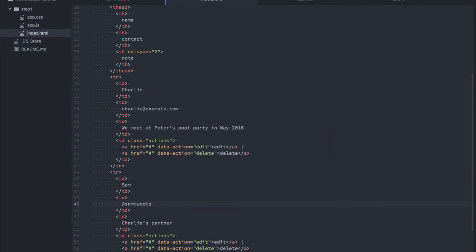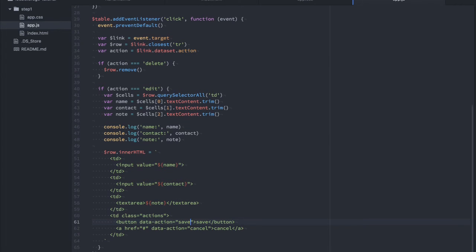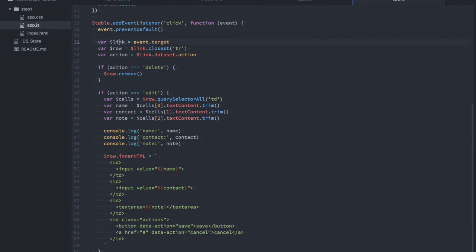Actually, what I can do is also give it an action, because our selector doesn't care if it's a link or if it's a button. It's just for styling. So we call this one save, and then maybe instead of link here, we actually call it button. It's always a button even if it looks like a link. Okay, so if